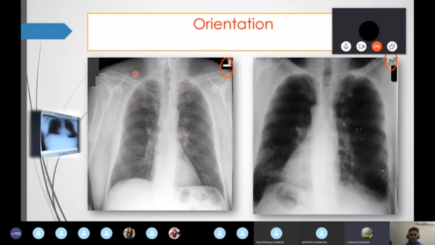Let's see these two X-rays. Always check the orientation. The first one is correct because the left is correct. I confirm, the heart is always on the left side 2/3, right side 1/3. This is correct. Now coming back to the second X-ray. What happened?